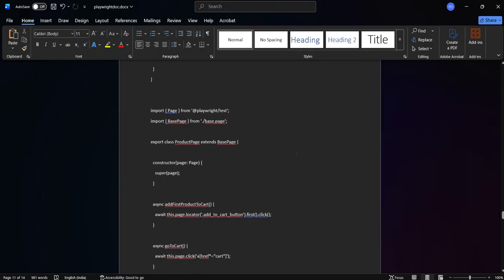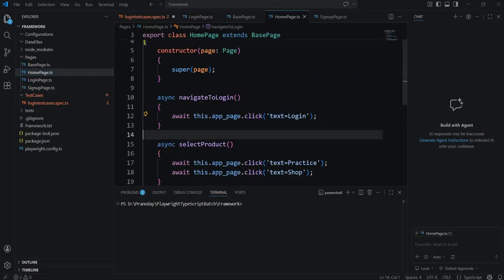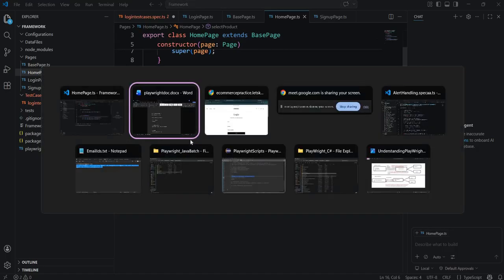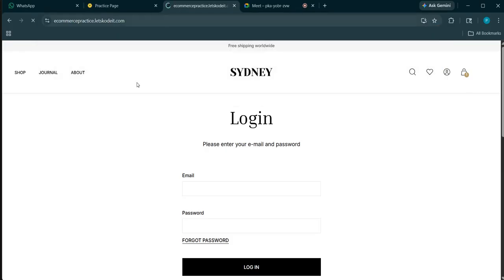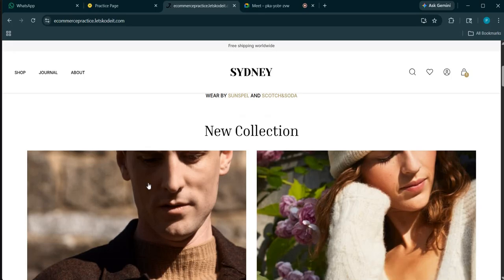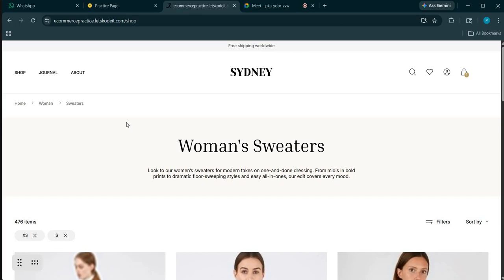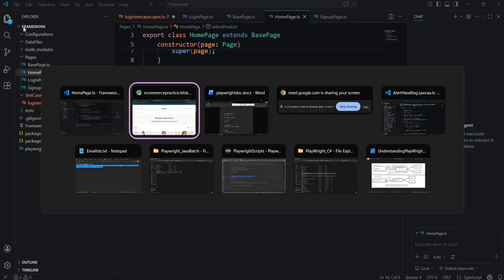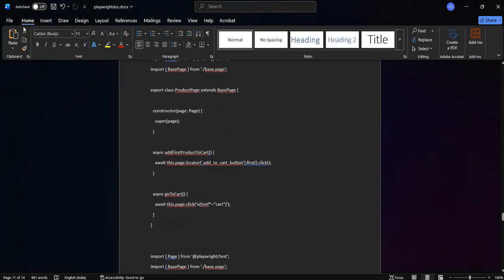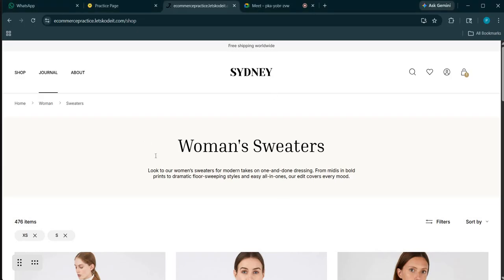Okay, then next is our cart page. And in home page we have a select product method also implemented. Select product method is like if you go to this, so you select a product, right? Like this, you click on this. So this is a select product, correct? So we have done that select product there. Once we select the product, we would be on the product page. This is our product page. This is a product page, sweatshirt,